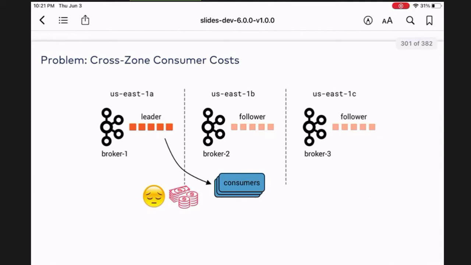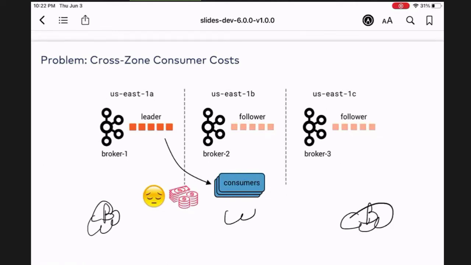Let's say you have consumers, and an availability zone in the east and then the west. Think about it this way: this is the West Coast, this is the East Coast, and there's a broker here, a broker here, and another central area here.